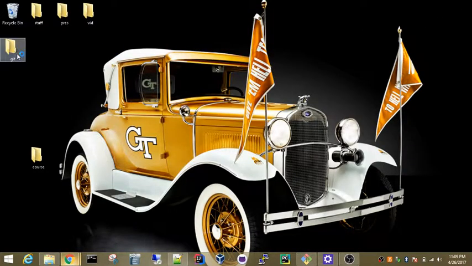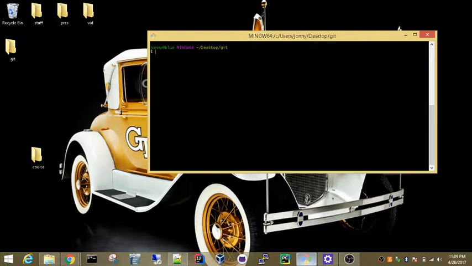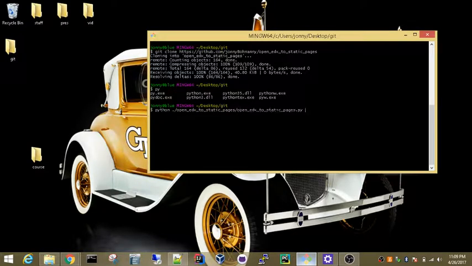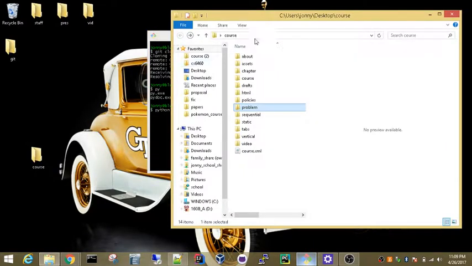Okay, so real quick, we'll go get my tool. We'll go get that out of the Git. So I'm just downloading the tool from Git, and watching it run is extremely boring. So the way you run it is just Python, and then this Python script that I made, and then you just put in the path to the course, and it's going to create a folder in here